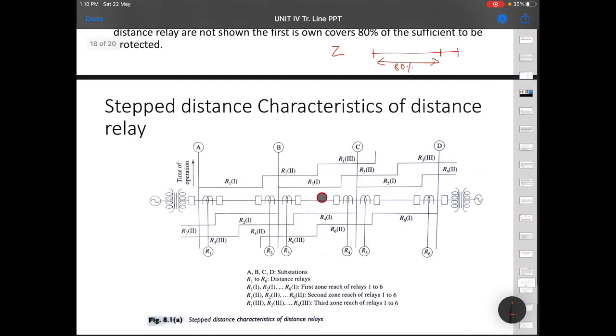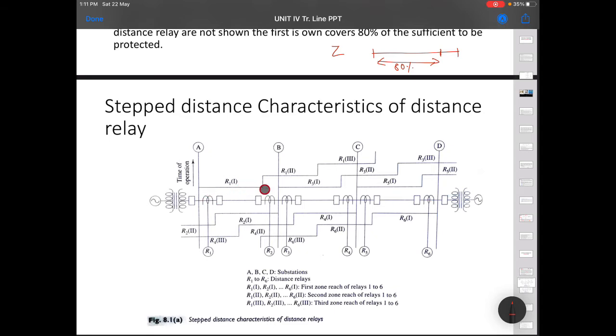Now this is the transmission line, generator, transformer. This is R1. In our previous case this was R2, but on either side of the bus we have 2 relays. Here also on either side we have 2 relays. Here, since this is the end, we have one relay. So R1, R2, R3, R4, R5, R6. I request you to please remember this diagram, picturize this in your mind, so that whenever we go to the next slide, we don't have to come back again and again.